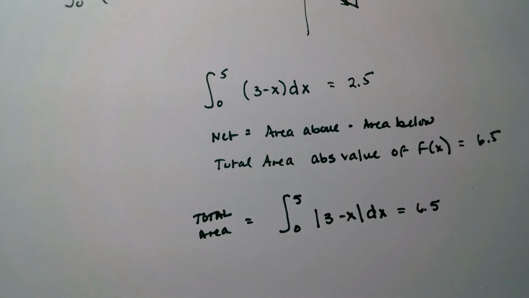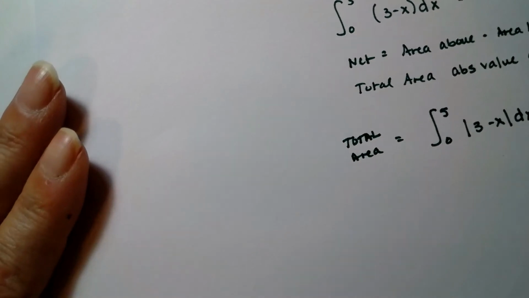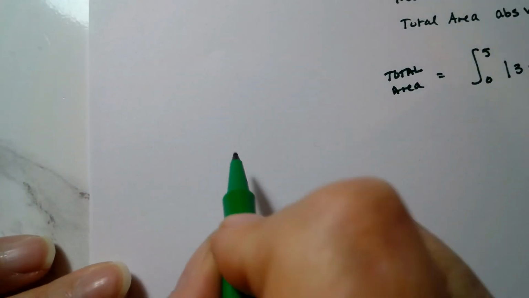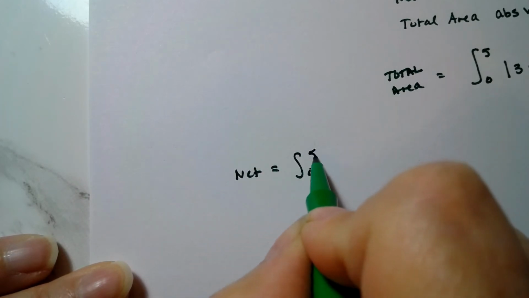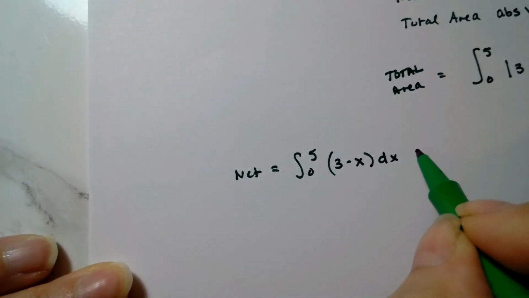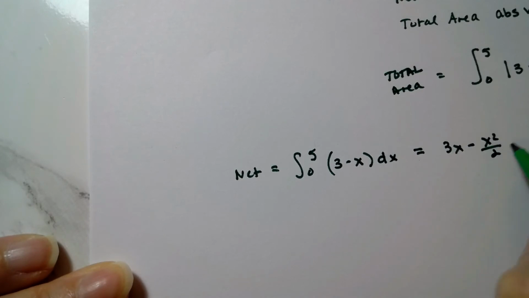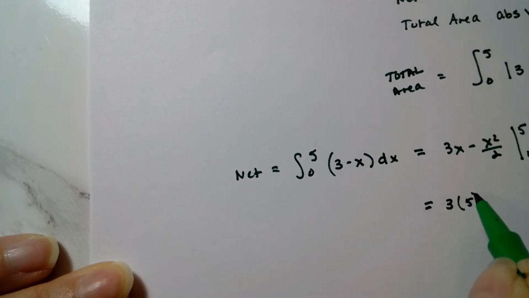Okay? Now what if we had to do this without a calculator? Easy peasy. If I wanted net area, so let me move this because this is messed up. If I wanted net area, that's the integral from 0 to 5 of 3 minus x dx. How do I integrate this by hand? Well, I get 3x minus x squared over 2, and I've got to evaluate that expression from 0 to 5, right? So that's going to give me 3 times 5 minus 5 squared over 2,